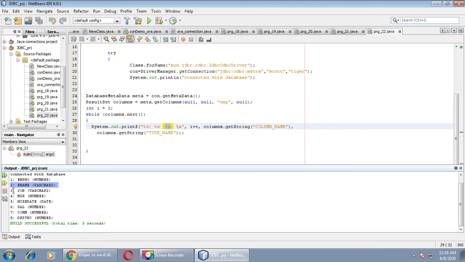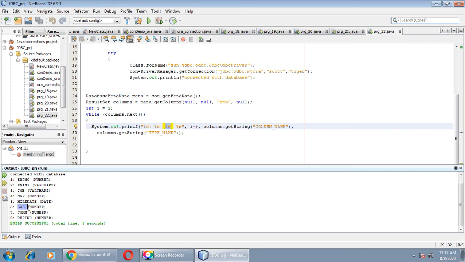Row number 3, the column name is job, and the data type is varchar2. Column number 4, mgr, and the data type is number. Row number 5, the column name is hire date, and the data type is date.